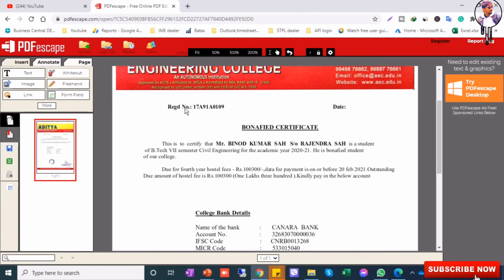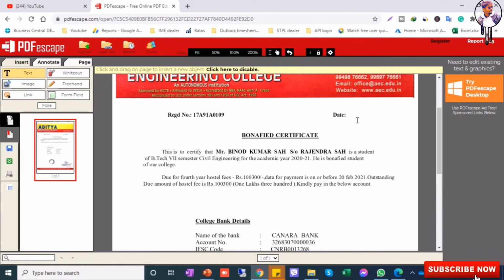And after that I will add text. I will click on text, and you can see I will just place it here and write 1921, and even I can bold this. Okay, I'll go back